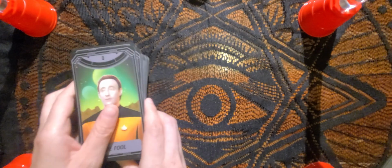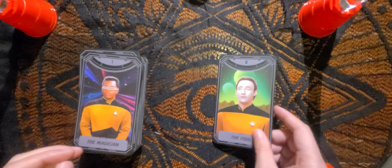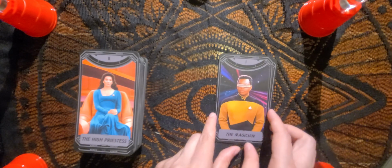Now I'll go through these cards, and if I remember their names, I will tell you, but I don't watch as much TV as I used to. I don't play as many video games as I used to, so my memory of the different characters might not be as good as it used to be, but we will do our best. You can see the different illustrations, and you can decide for yourself if you want to add this deck to your collection or not. So we have Data as the Fool, and Geordi as the Magician,